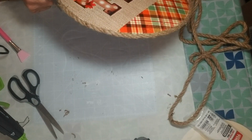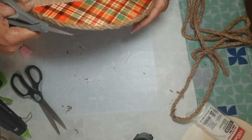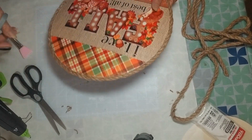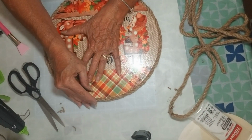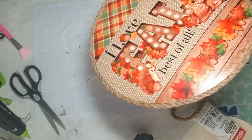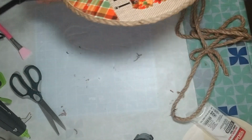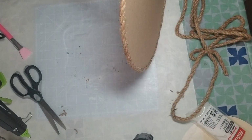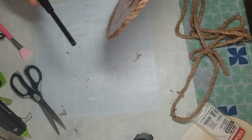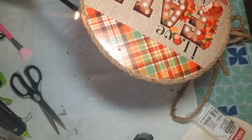And we just go around the corners like that. You could also use a lighter to singe the edges. Actually, I might do that. You could do this as much or as little as you want, kind of like the burnt look. Don't get it too close to your lamination, just on the edges,